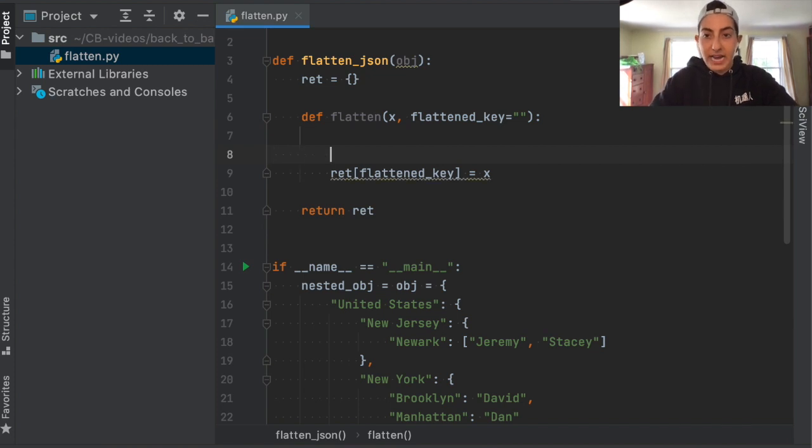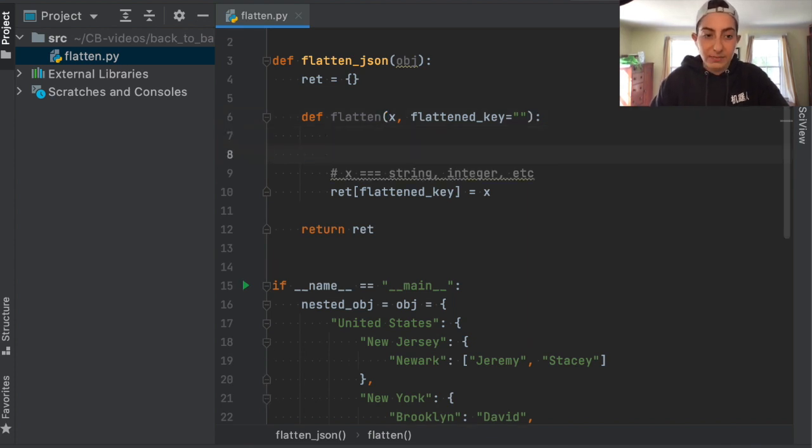So this is going to be an else because we're going to have a few other ifs, but I'm going to make a comment here. This is x is equal to a string, integer, etc., Boolean, whatever, right? Okay, so that's kind of our base case here, right? So what about if it's an object or a list? So let's go through if it's a list first. So let's say if the type of x